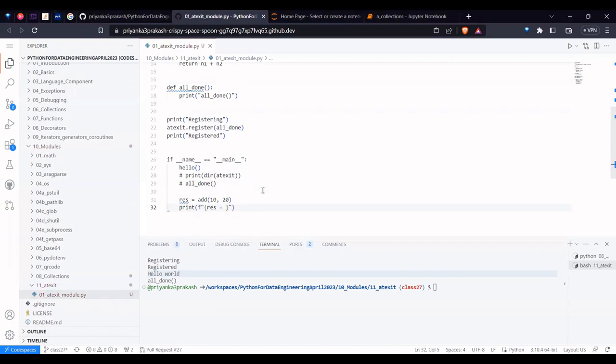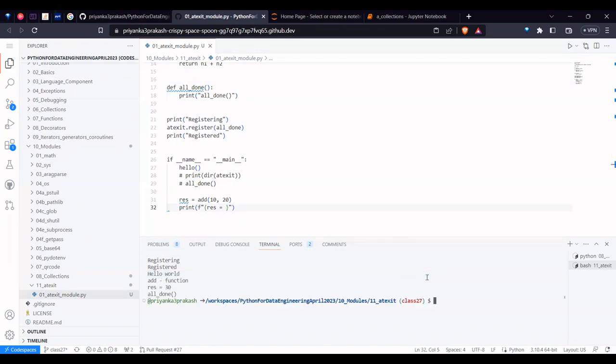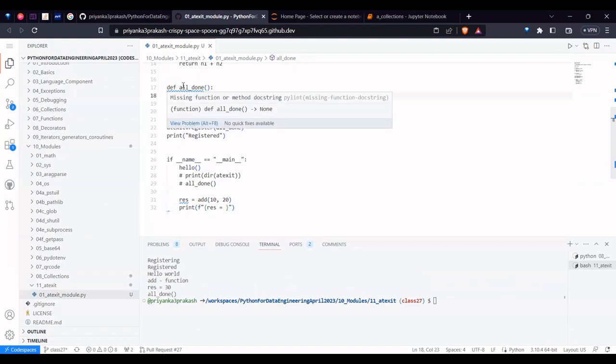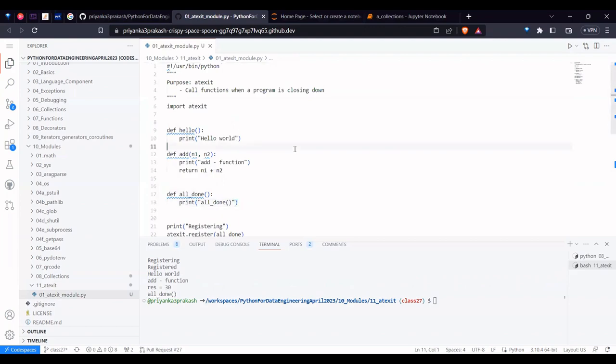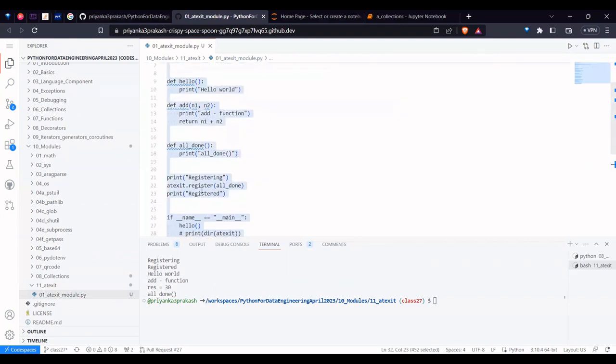And I'm asking the result. Now you see what will happen. It is doing the process of registering. But did you see what happened? After all these were done, did you see that this was executed? It means if you want a function to be executed at the end, after everything is done, then you can use the register